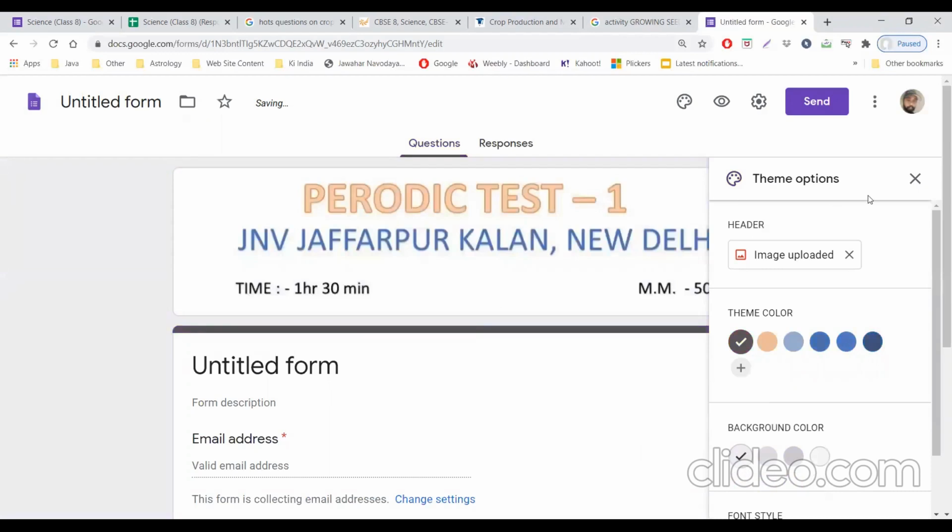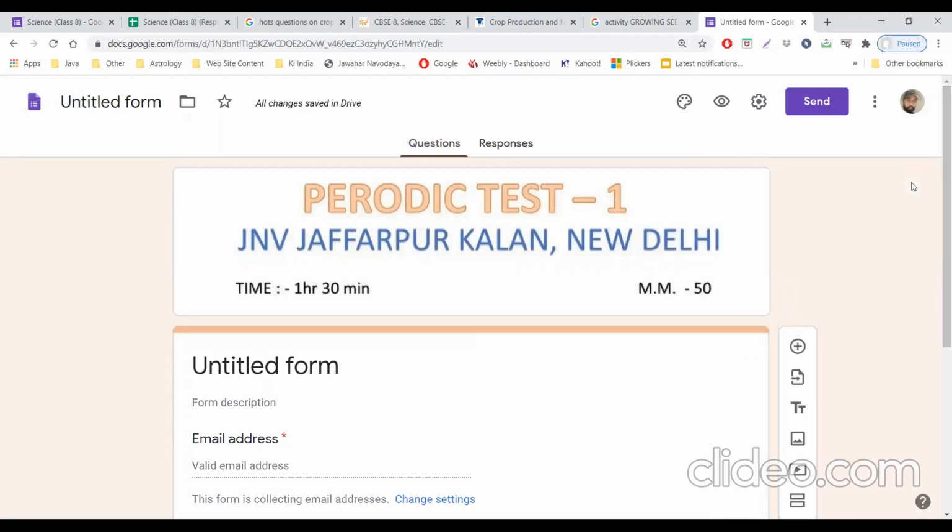Just see, it will give an exam look. So I also want to change the color. So it's done.